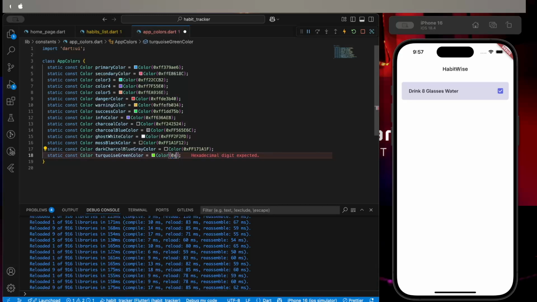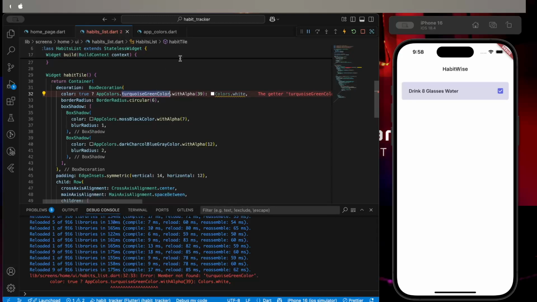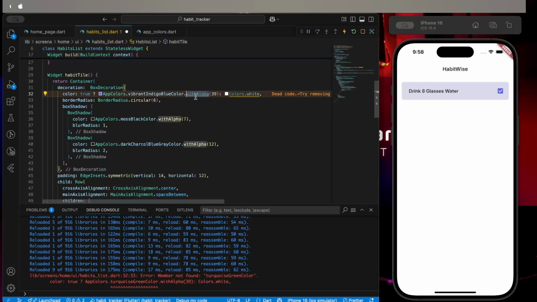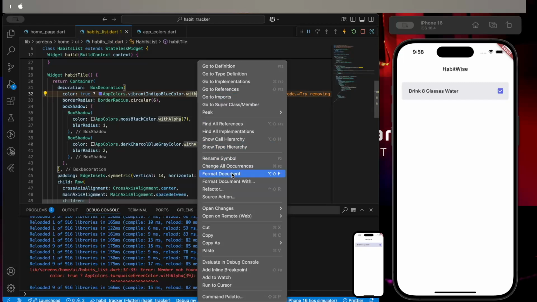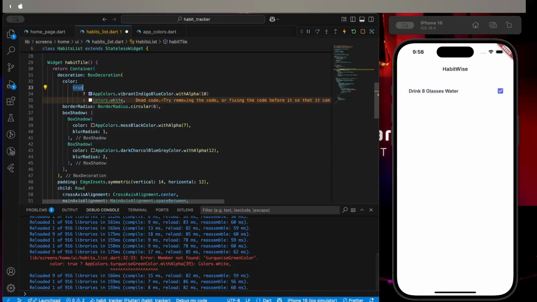Okay, vibrant indigo blue. Okay, copy, save, sorry, copy, paste, and then we have 10%. Sorry, format document, and if I'll just put it as false, yeah,